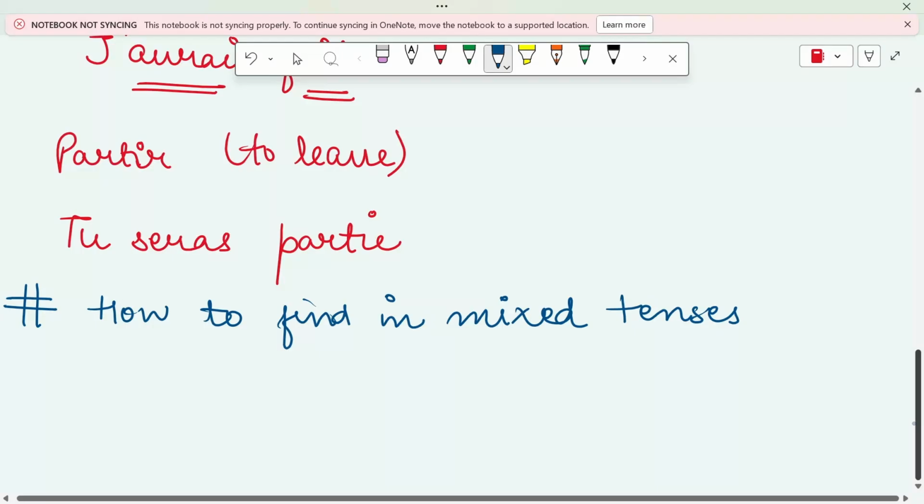In this narrowing down process, we will see that if there are two actions, one leading to another, then we are going to use antérieur and simple. These are the pairs that go along. So if there are two actions,